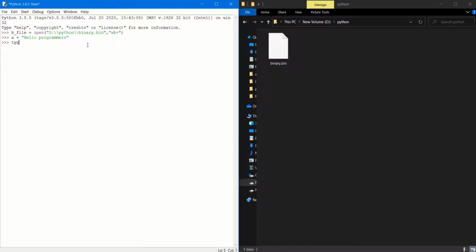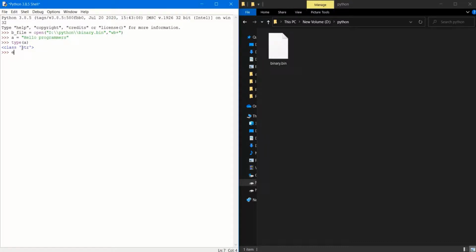We can verify it by using the type function. You can see the type of a is string, but in a binary file only byte data can exist, that is zeros and ones. So we have to convert this string data into binary data or byte data, right?